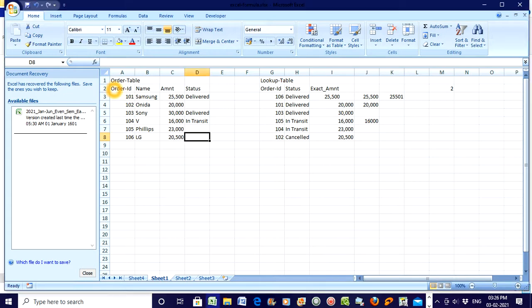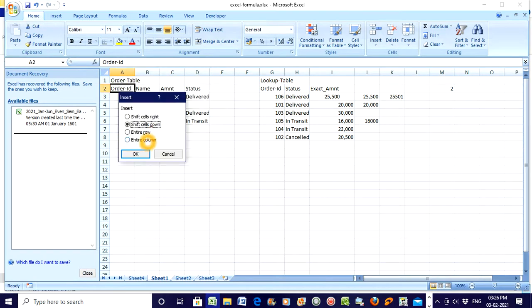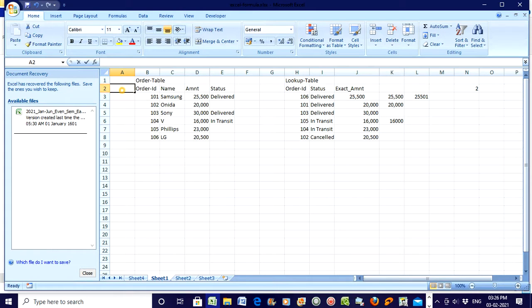So first, say we want to keep a column for serial number. What I have done is right click that cell, go to the insert option, insert entire column. Okay, see, this column comes. Say I'm giving it the name serial number. Okay, so after that, say you have put one, and when you drag your mouse pointer here, you'll see